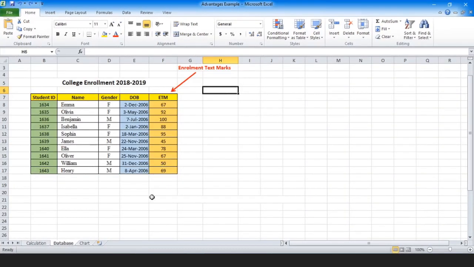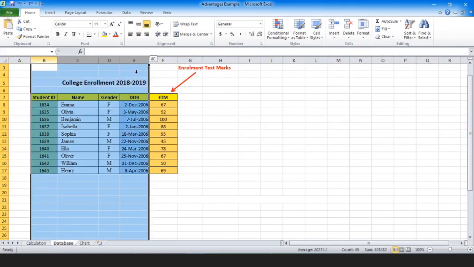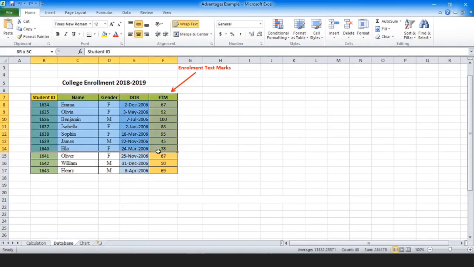Let's go to the second advantage, which is database management. In the book page 85, it says, data is a collection of values in the form of rows and columns. You may know once you collect data in the form of rows and columns, it will automatically form a table. So now you can see here I have given some of the students' details in the form of a table. This table can be named as a simple database.